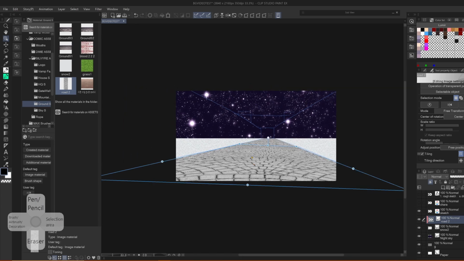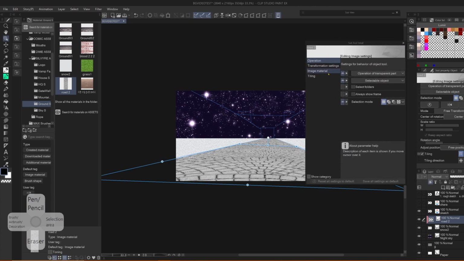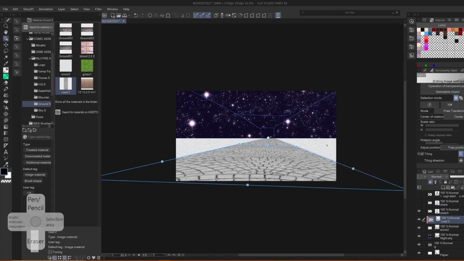And if you have an image asset that you want to tweak, like how I did just now, you would want to go to the object tool right here, and then go to mode right here. If you can't find it, open up the settings. It should be in transformation settings, and then go to mode, and you want to click that icon, the eye icon, so that you can see it. So go there, go to free transform. You can tweak it slightly like so,